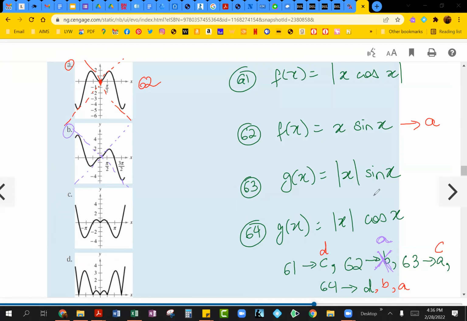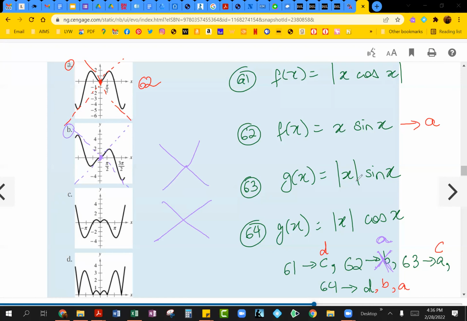The reason we know it's 63 and not 64 is because at the origin right over here, you have an x-intercept, and we know the sine function will have an x-intercept at the origin. This is the part where it can get a little confusing, because your V opening up and down can look very similar to an X